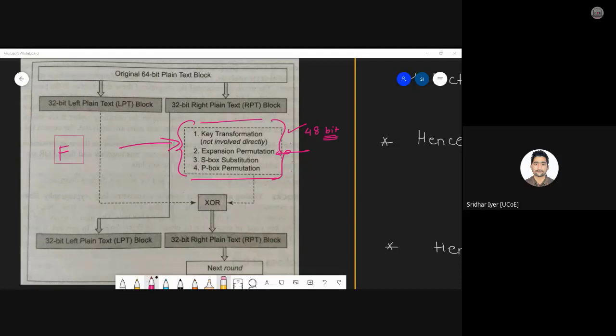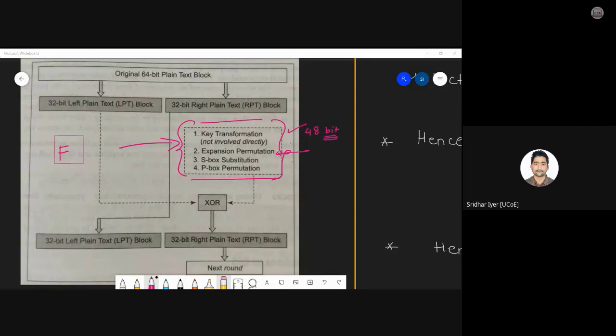Fine. So once we make the right plain text of 48 bits, I'm just giving you a summary first, then I will explain the entire steps. Once we make the right plain text of 48 bits, we can perform some operations between them. We will get the result of that step as a 48-bit value. Obviously, we'll get the result as a 48-bit value.